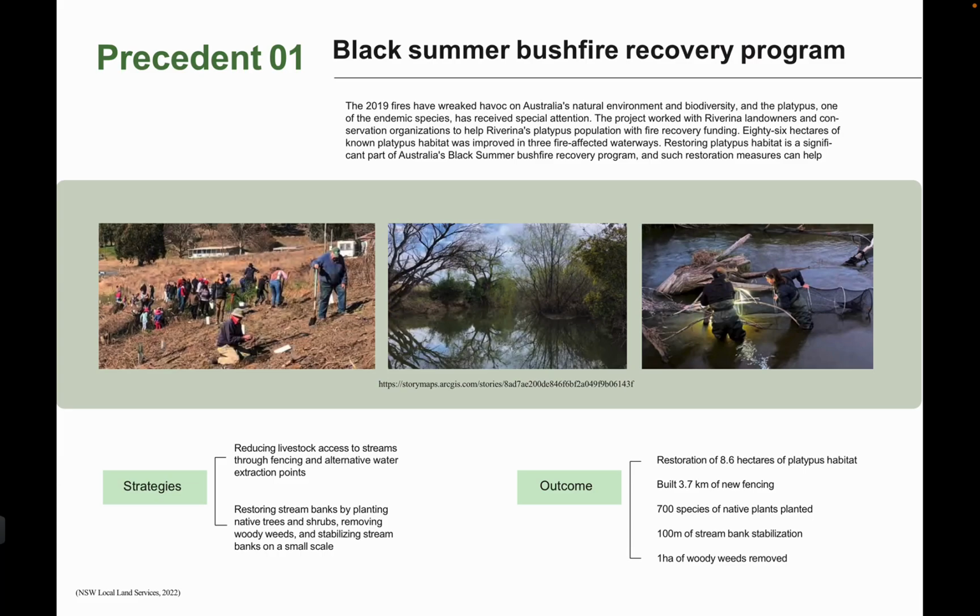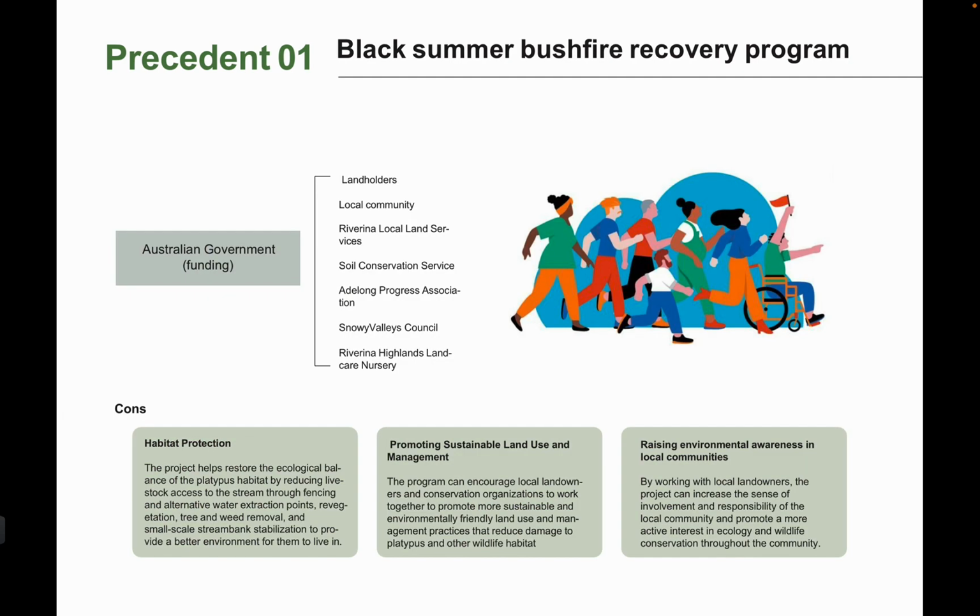The first precedent is the government working with local communities to restore platypus habitat destroyed by bushfire by reducing animal access to streams, removing weeds from streams, and planting native trees and bushes. The strength of this precedent lies in the joint collaboration of local landholders and animal conservation organizations. This model of cooperation will not only help restore platypus habitat and numbers, but will also increase the sense of involvement and responsibility of the local community